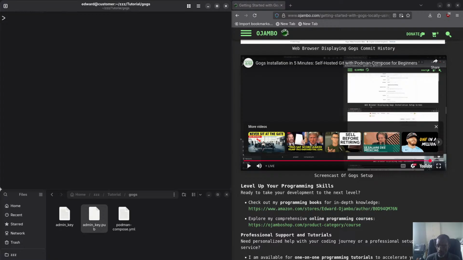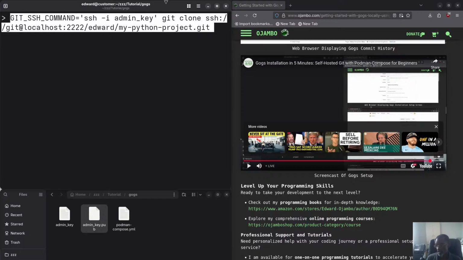Remember, we have to use the SSH and the git as well. So what we're going to do is the same thing. I'll just give you a simple command. Here we use GIT_SSH_COMMAND equals ssh -i and then admin key. The reason we do this is because by default it's going to look in our .ssh folder to grab the specific key. However, I wanted to use my local key, this one here, so that's why I do that. And then obviously the same thing, git clone ssh://